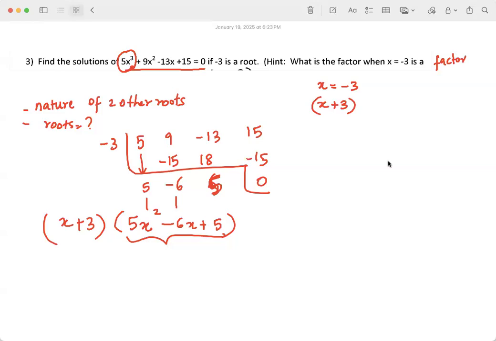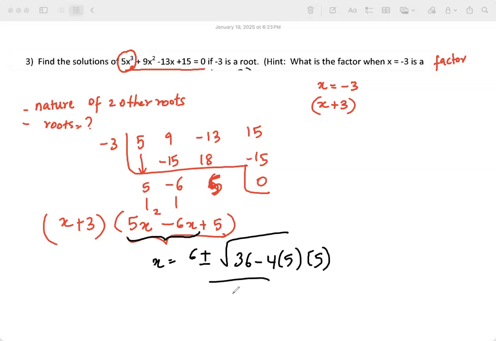Shragvi, we don't want the decimal, ma. I would like to see it in fraction format. But anyway, I think it is right, but I need to see. So let's see how to factor this out. So x will be equal to minus b plus or minus square root of b square minus 4ac by 2a, so this is 6 plus or minus square root of 36 minus 100. So there is a minus 64 when you look at it.